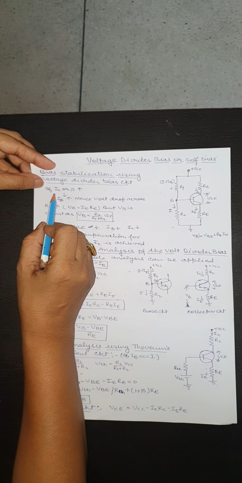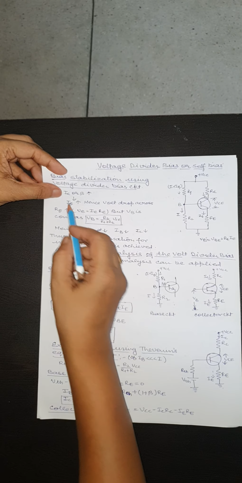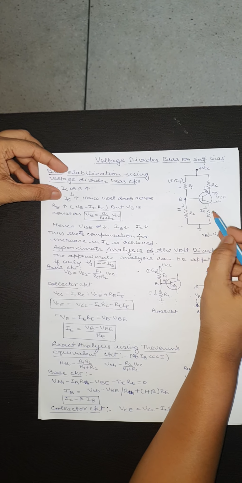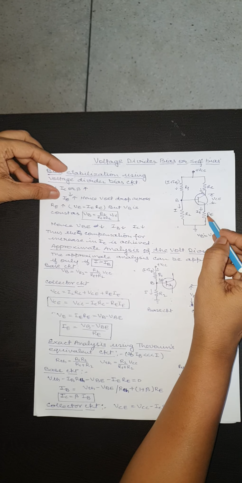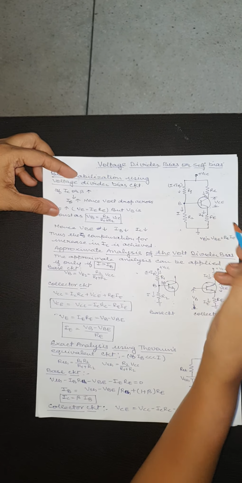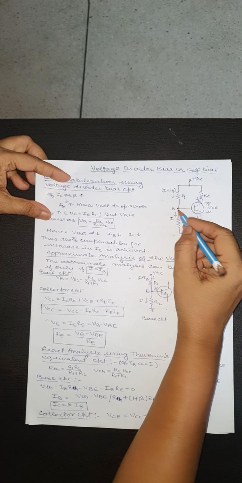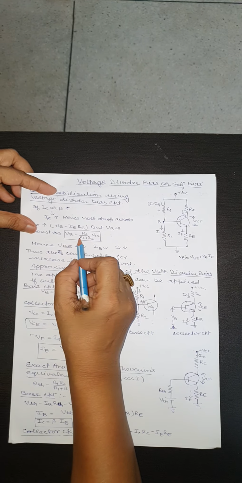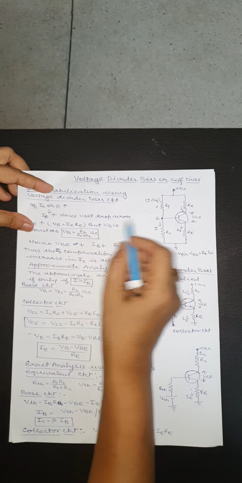If temperature increases, IC increases due to increase in leakage current, and if IC increases it means IE increases. IE increases means voltage drop across RE resistor increases, and here we know that VB is equal to R2 divided by R1 plus R2 multiplied by VCC using voltage division rule,